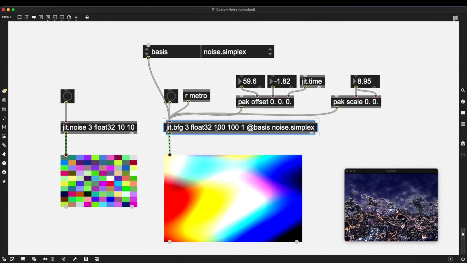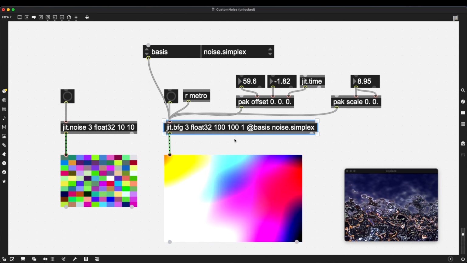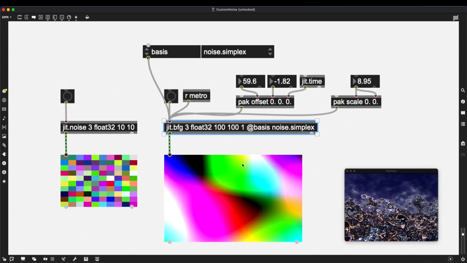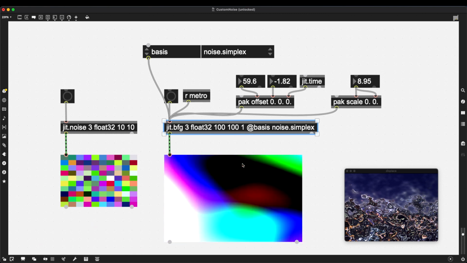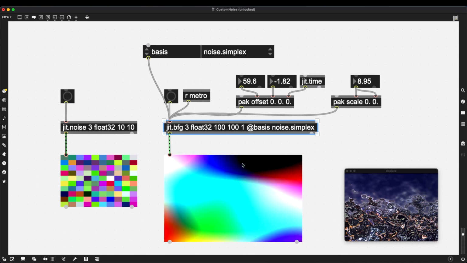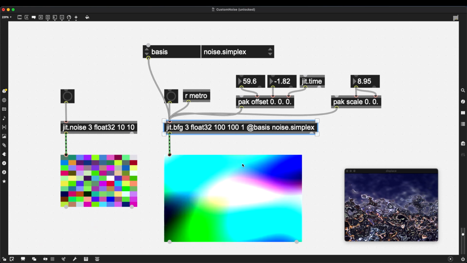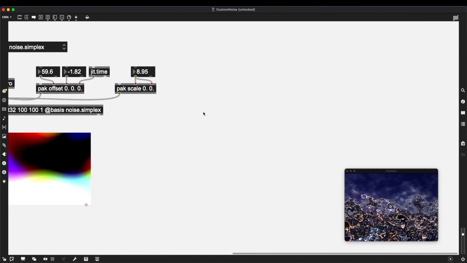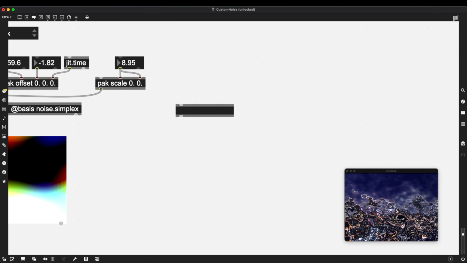So with jit.bfg, it's always good to have these lower values, or use these not for the visuals, but to generate values for movement of jit.gl objects, or scale of them, or you can change the color of these objects as well. Now, we are going to look at a third object, which is going to be our savior in this case, which is